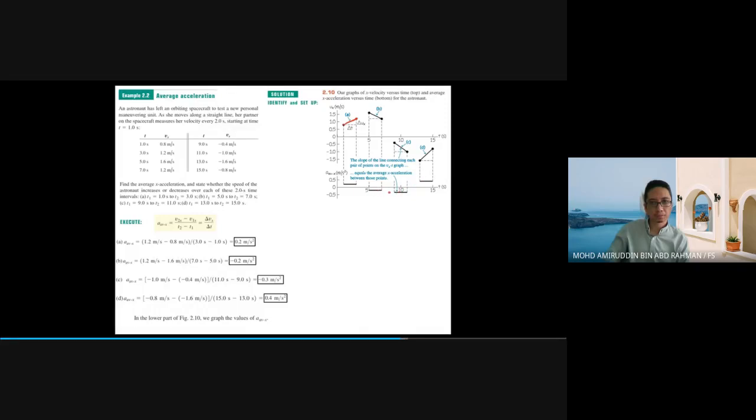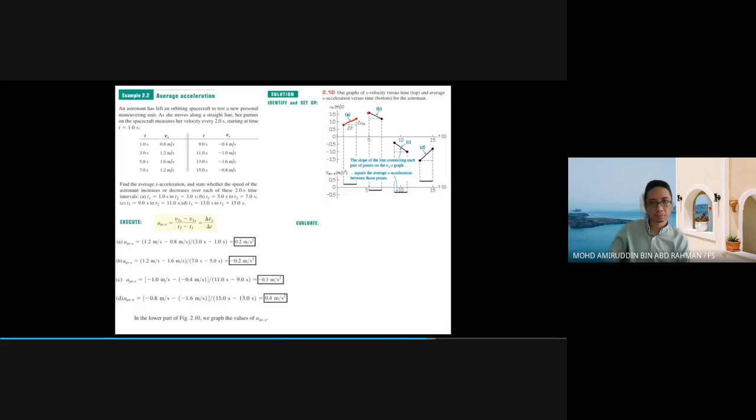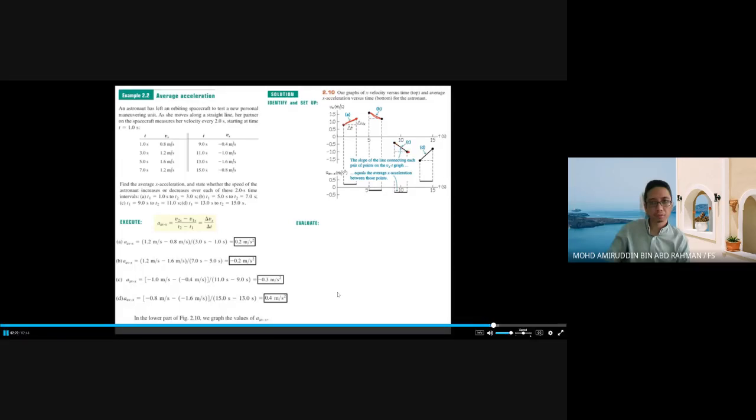Let's consider the 2 negative accelerations. If I look at this plot, I'm starting at a higher velocity, around 1.5, going down to something like 1 meter per second. So clearly the astronaut is slowing down. And indeed, the slope of this line is negative, so that is a negative acceleration. But if I look down here, she's starting at about 0.5 meters per second and going up to something like 1 meter per second. So she's clearly speeding up. In this case, the acceleration is also negative. So you cannot determine the sign of the acceleration